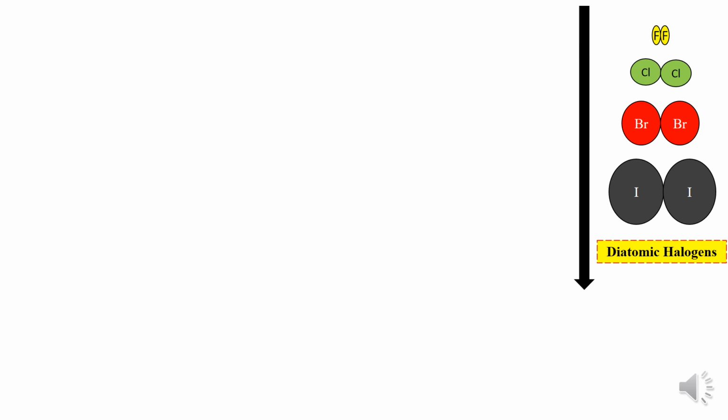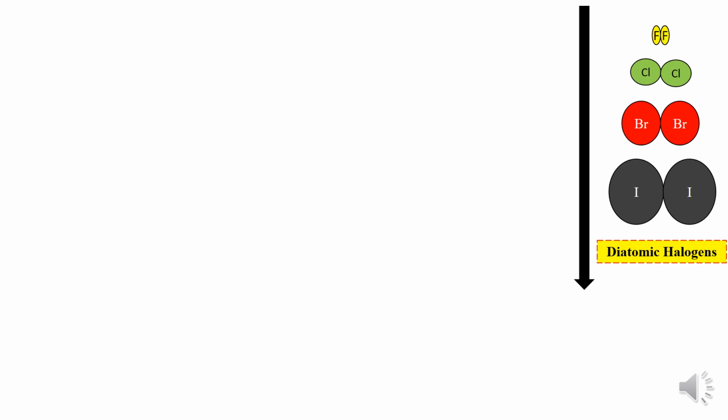Now moving on to the halogens. Halogens are non-polar molecules, and halogens do not exist in the elemental form, rather they exist in the molecular form. They exist as diatomic halogens, diatomic molecules. Halogens belong to the 7th group in the periodic table, and as you go down the 7th group,